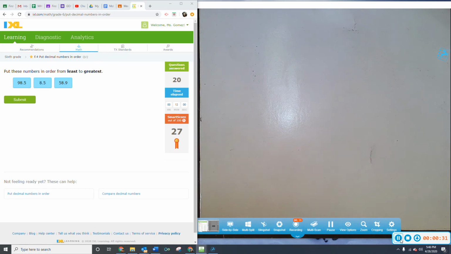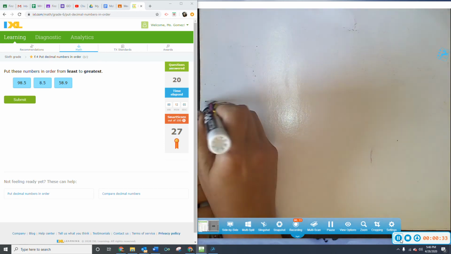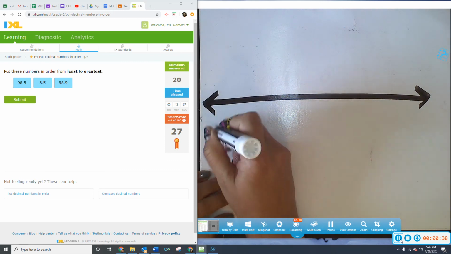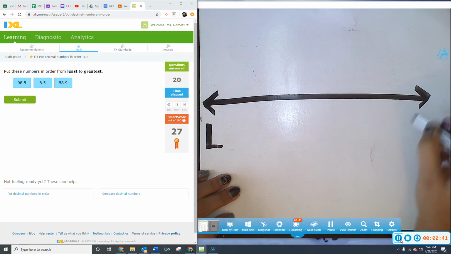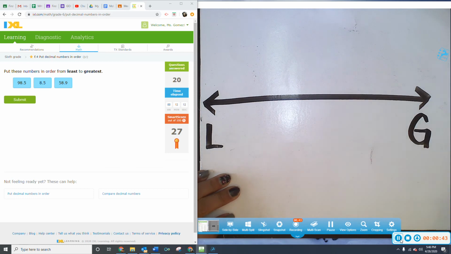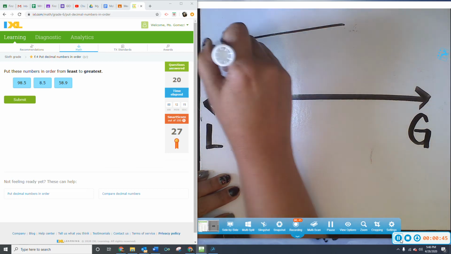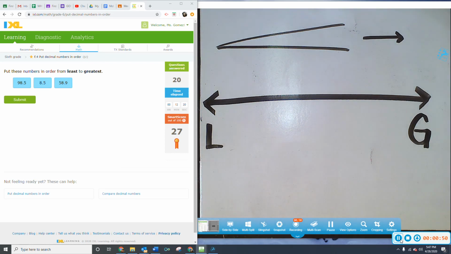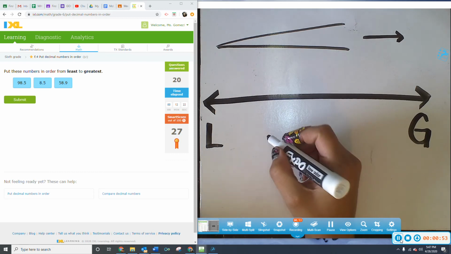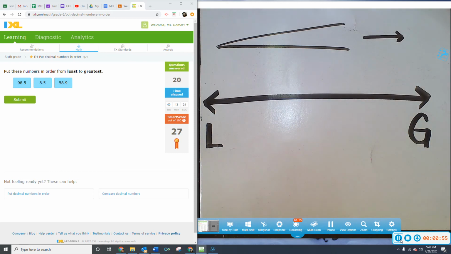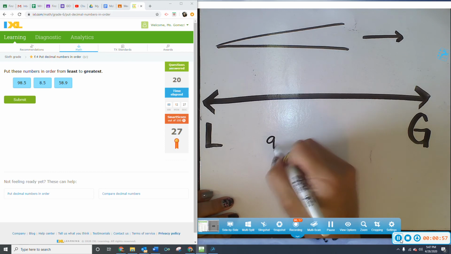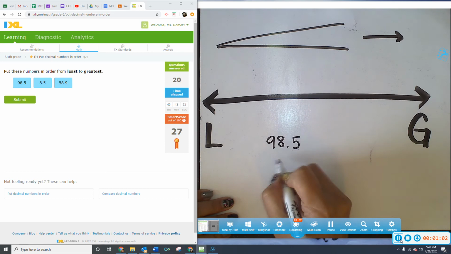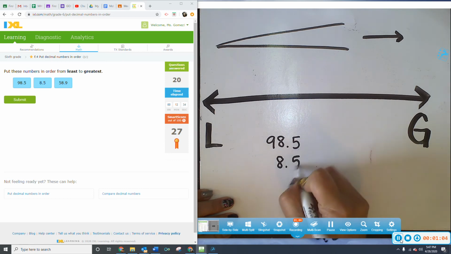What you may want to do if you want to show any sort of work is look at a number line. One thing to recall is that on a number line you begin with the least number and go to the biggest, the largest number, so it increases as you move to the right. Now, in this case, we have a couple of numbers here: 98, 0.5, 8.5, and